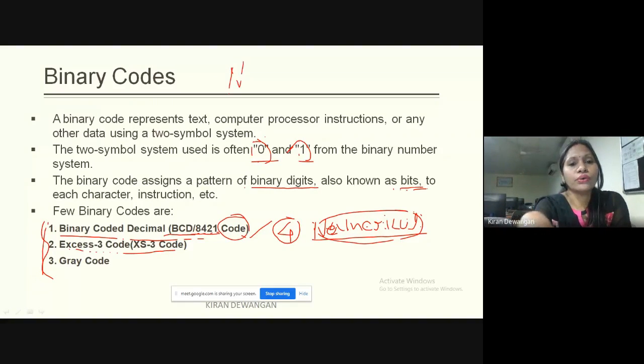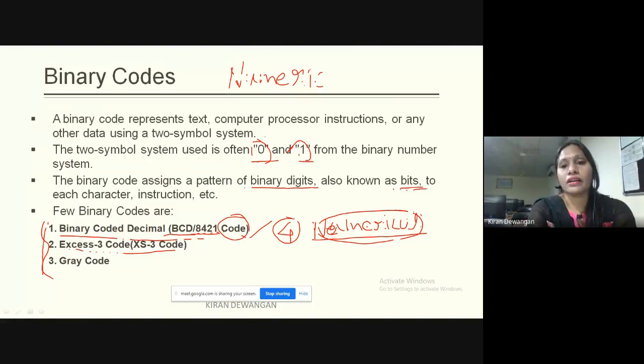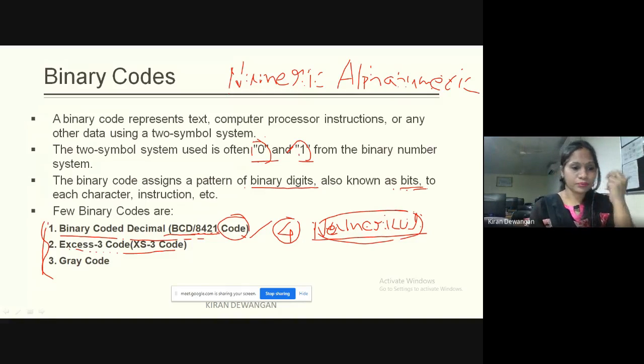So you need to remember that you can code in two ways: one is numeric, another one is alphanumeric. Here we are doing only numeric coding. Clear? So this is only used for numeric coding. Alphanumeric we will study later. Numeric coding is also done and alphanumeric coding is also done.